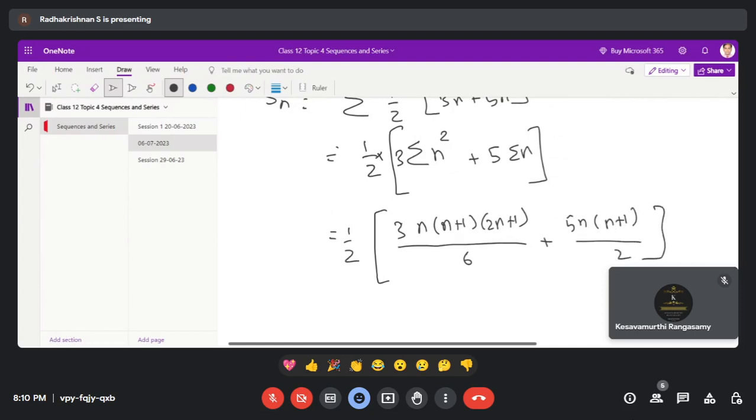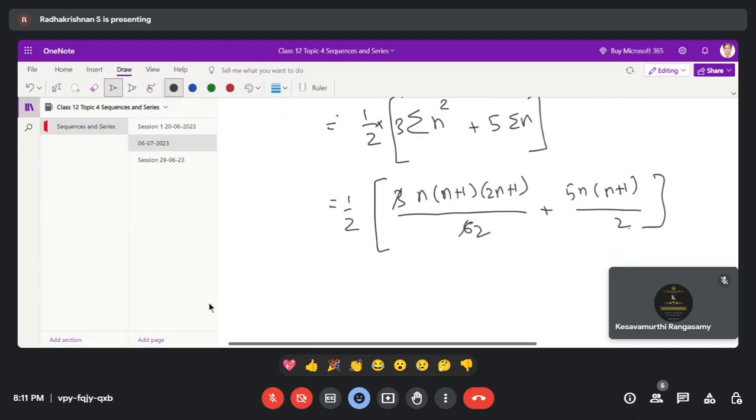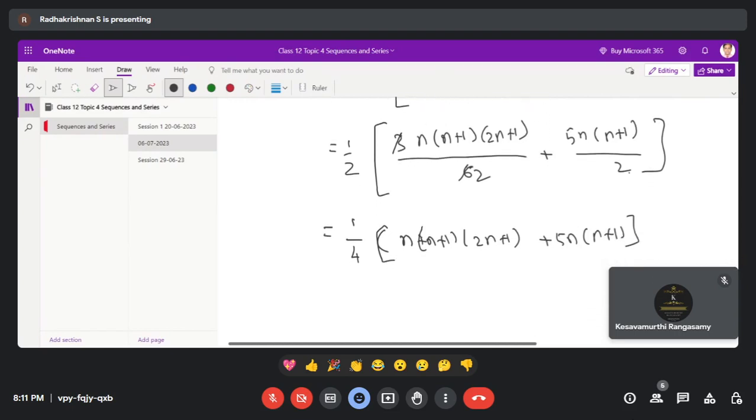Can do some more simplification and take out this 2 also. So that means it is going to become 1 by 4 into n plus 1 into 2n plus 1 plus 5n into n plus 1. You can keep it like this. I am stopping at this because there is no one more level of summation. If there is going to be one more level of summation, you have to simplify this also to a polynomial form. But here, since we only need to know